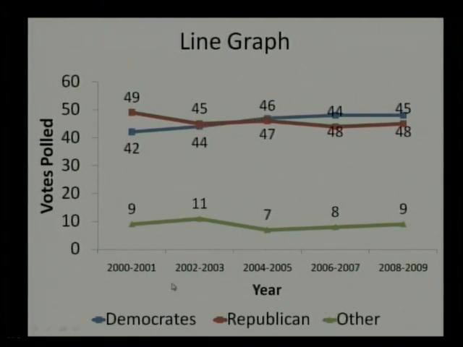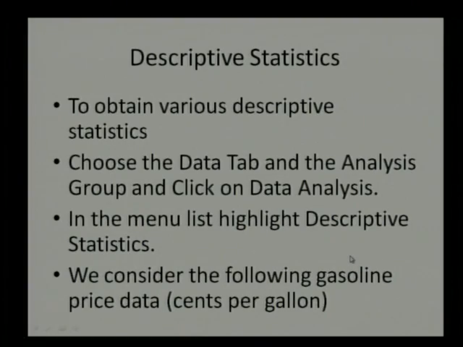graph like this. So here automatically this blue line indicates the number of Democrats, which is expressed on this graph by the blue line. Republicans are represented by the other line, as you can see on this screen, and this green line indicates other kinds of voters, and so on.